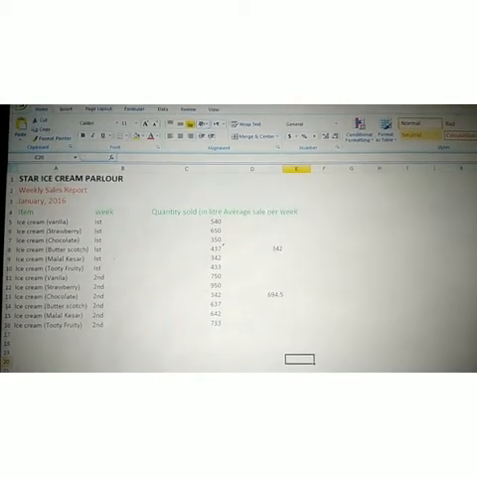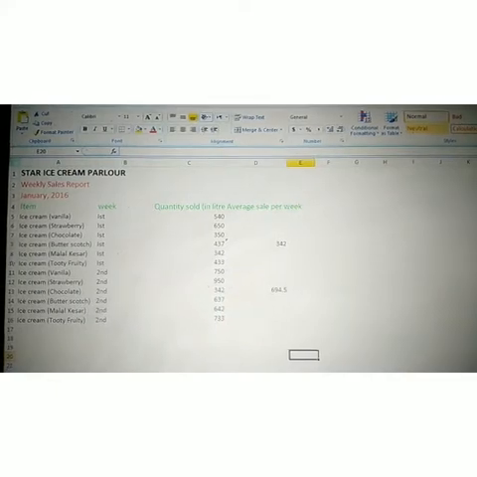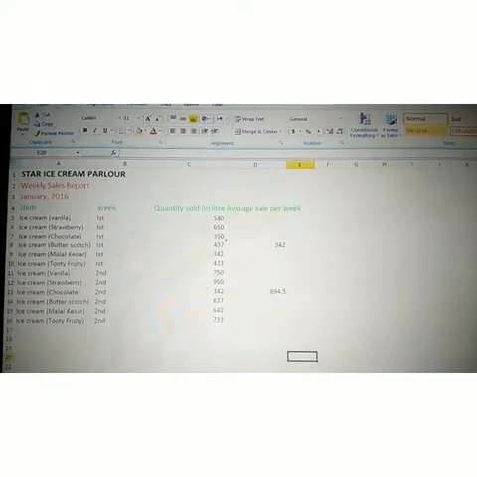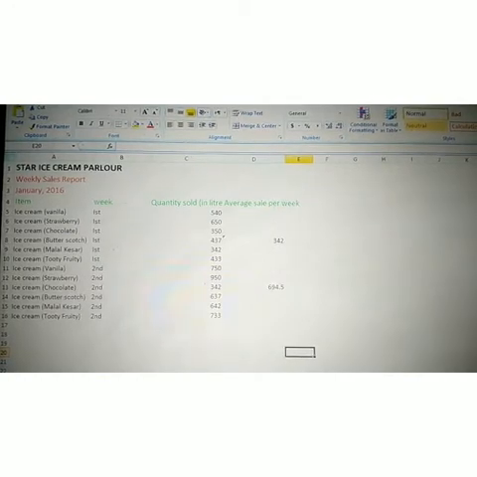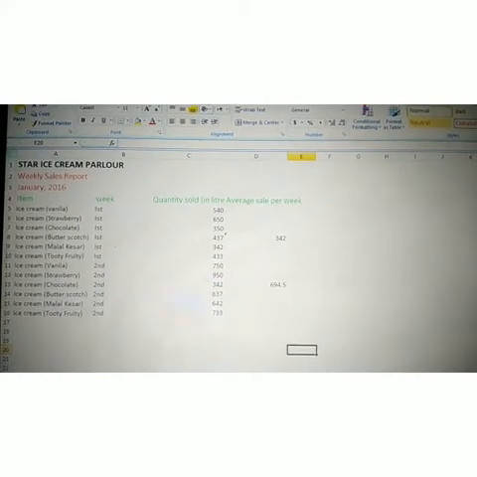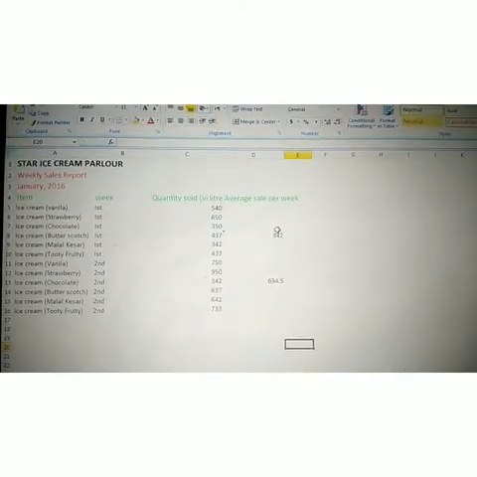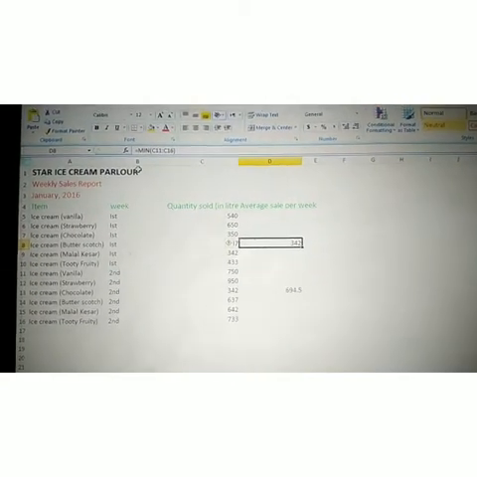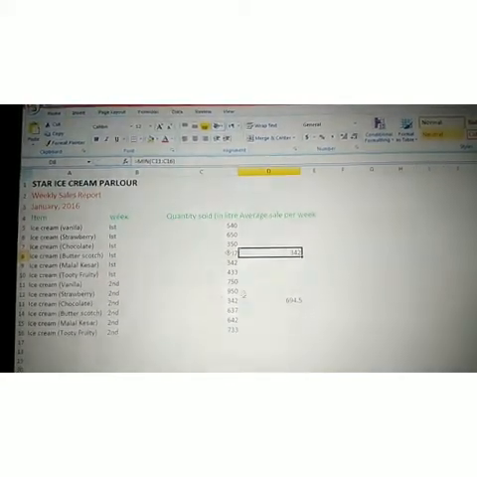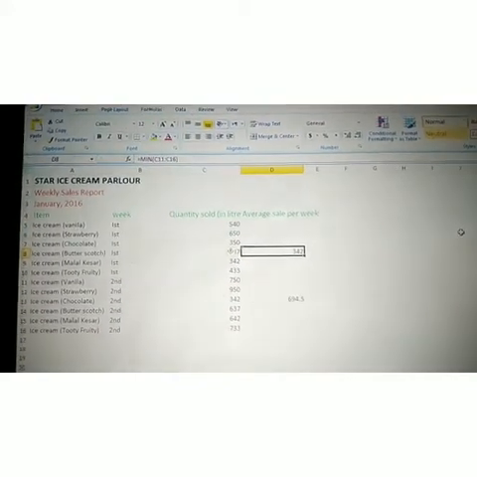And then we can maintain week properly this way, first and second, and after that we will enter quantity sold in liters and average sale per week accordingly. We can enter the amounts related to quantity sold, and after that we can apply the function to find the minimum, from column C11 to C16, which we can change accordingly.